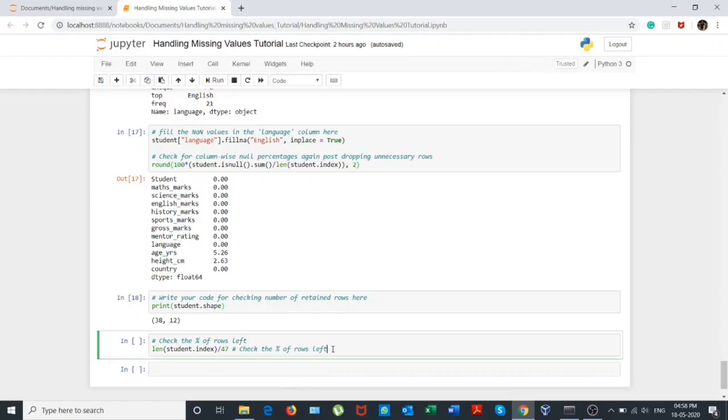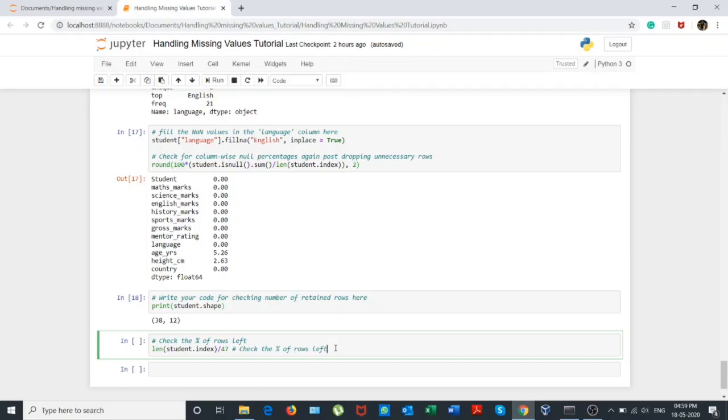But obviously this is a very small data set, so you can count the data frame length in numbers, but if there are hundreds of rows, obviously you cannot do it. So an easy way to do it is to check the percentage of rows left after finishing the cleaning exercise.